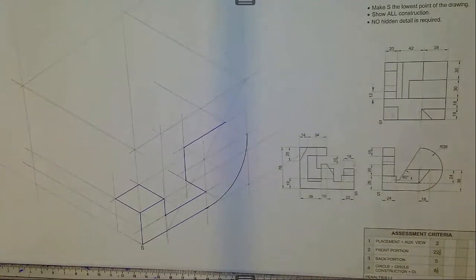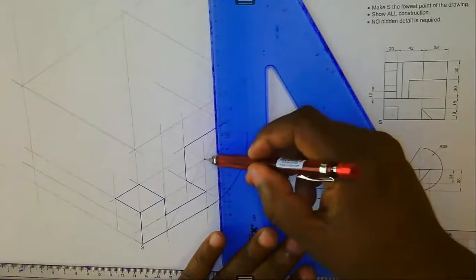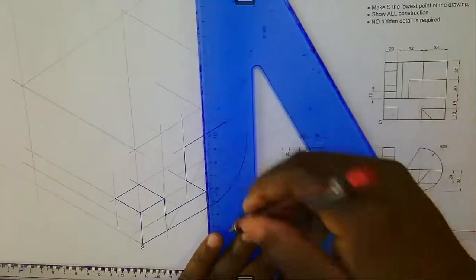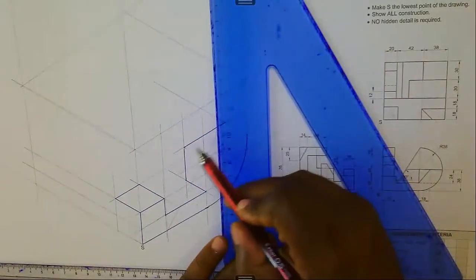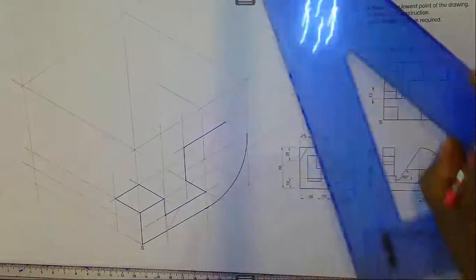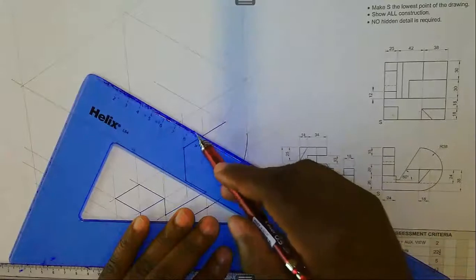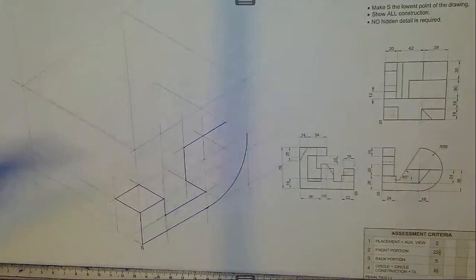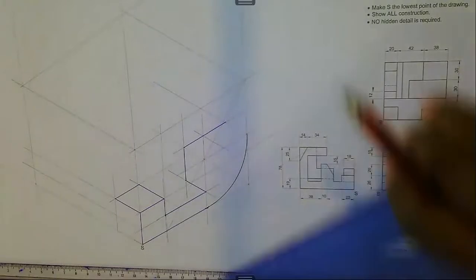So what you do is you don't need to measure as long as the distance from here to there is 18. Just extend this line. Automatically the distance from here to there should also be 18, then you bring it back like that. So the distance from here to there is also 18, then we can connect